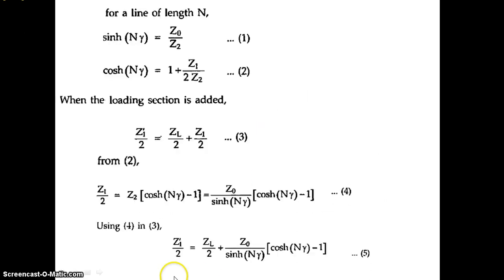Okay, so let us derive this. For an unloaded line of length N, sinh of N gamma equals root of Z1 by Z2, and cosh of N gamma equals 1 plus Z1 by 2Z2, as we have already derived. These are equations 1 and 2. Now when the loading section is added,